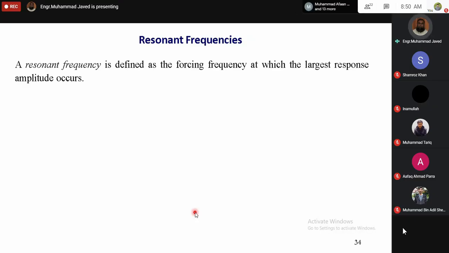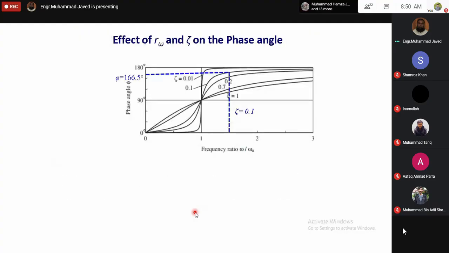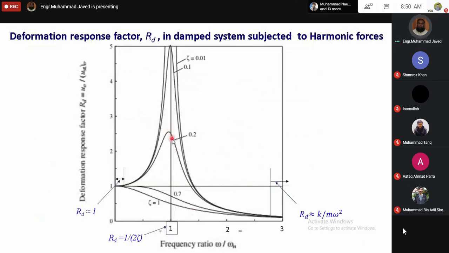Now coming to the resonant frequency. यहाँ पे अगर आप देखें तो ये आर डी की पीक वैल्यू जो है ये आर ओमेगा इज इक्वल टू 1 पर नहीं आ रही है हमारे पास। दोबारा आप देखें आर डी की जो ये पीक वैल्यू है ये आर ओमेगा इज इक्वल टू 1 पर नहीं आ रही है, बल्कि आर ओमेगा इक्वल टू 1 से थोड़ी कम वैल्यू पर आ रही है, यहां पर आ रही है। यहां पर भी आप देखें तो ये पीक वैल्यू आर ओमेगा इज इक्वल टू 1 पर नहीं है, बल्कि थोड़ी सी छोटी वैल्यू पर है।